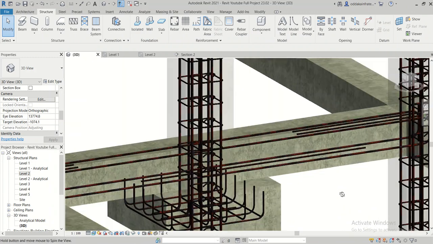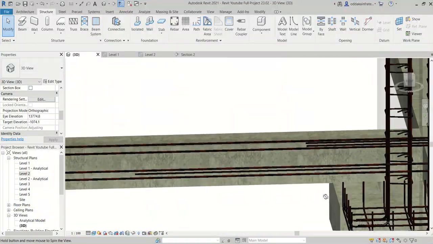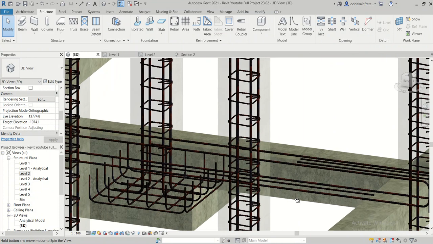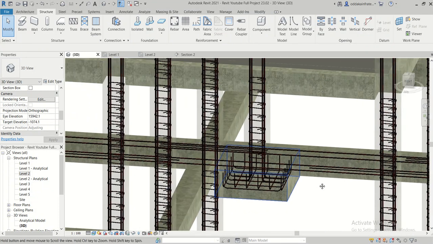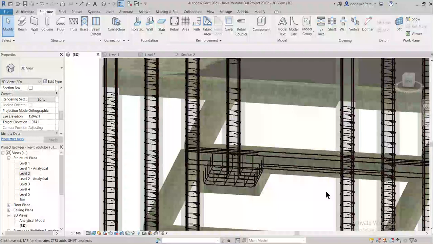Here as you can see, we have achieved the reinforcement diagram which you want, that is the extra top, extra bottom, everything which we have achieved.